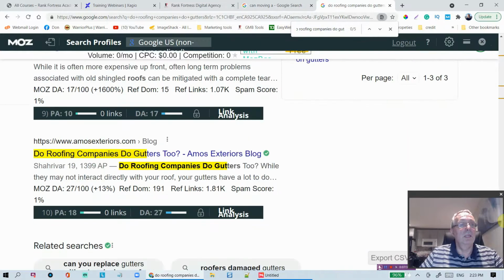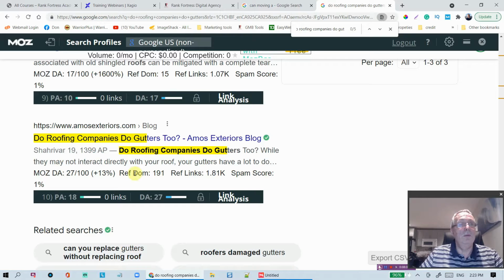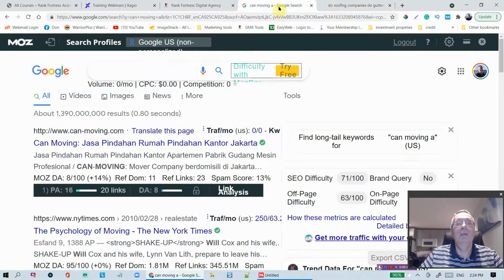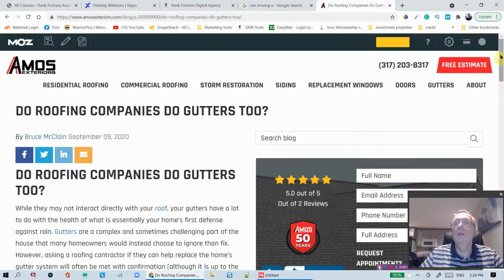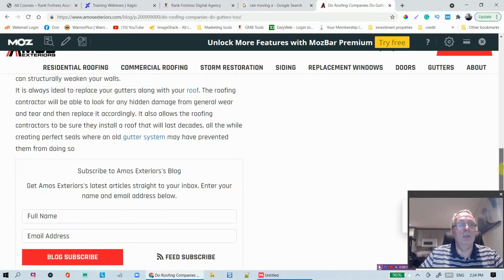Doesn't look like, here's one. Do roofing companies do gutters too? Well, let's just click on this. It's a blog, so that's an inner page. A little slow right here. So then we just go down and look at this article and see,